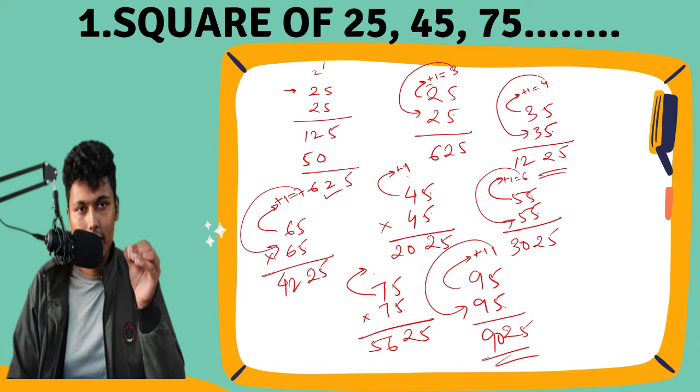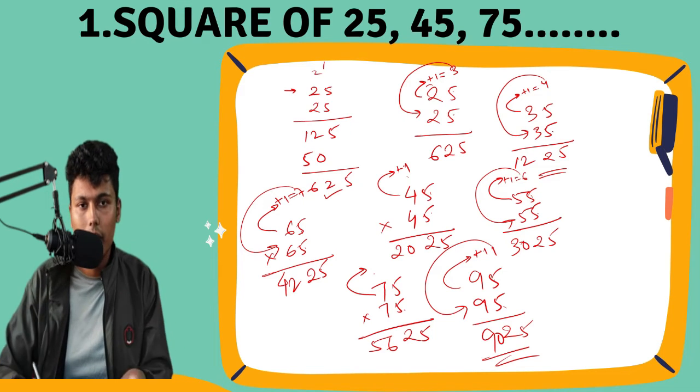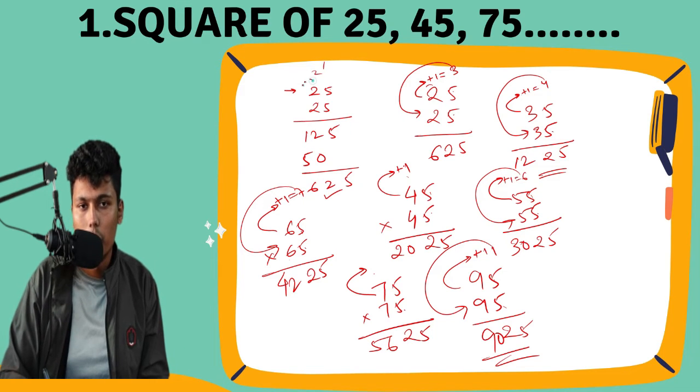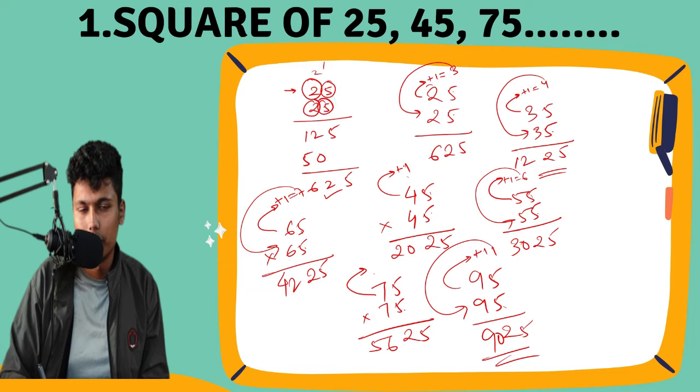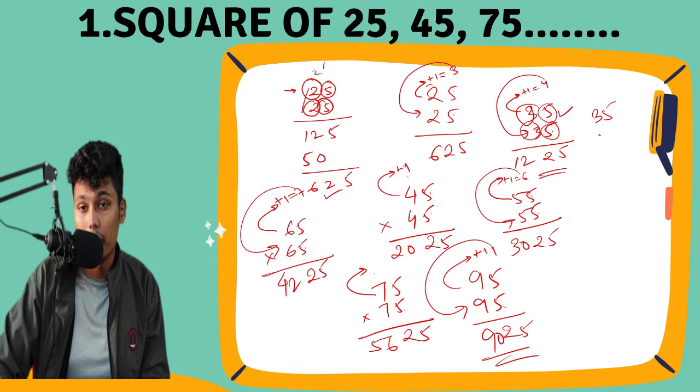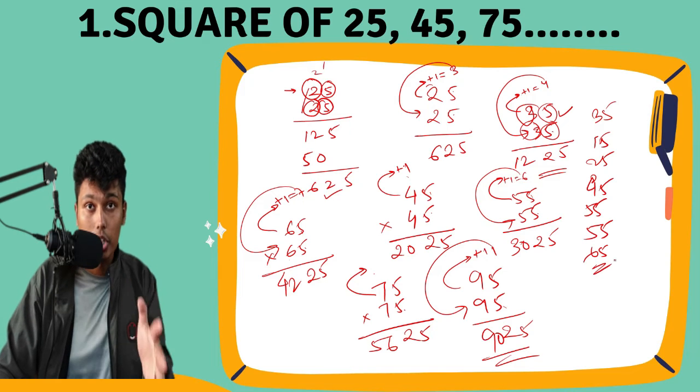This technique is limited to only numbers which have the same digits here, and it must be 5 here. It must be the same here, like 3 and 3 are the same and 5 is here. So it is a square, right? We are finding the square of all these numbers like 35, 15, 25, 45, 55, all this kind of number. I hope you understood this much.